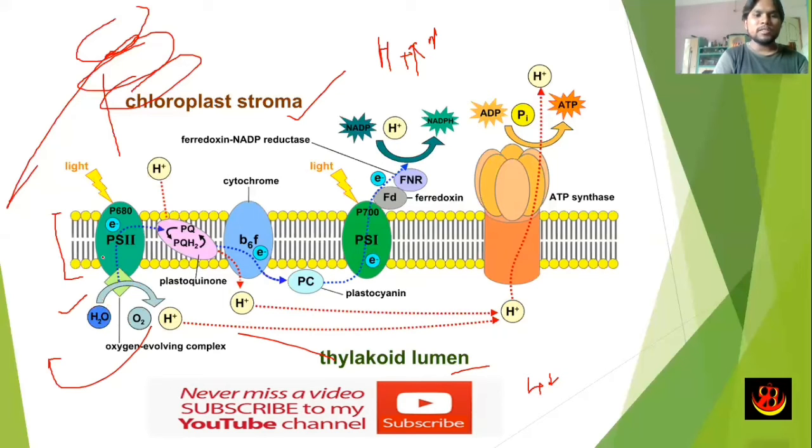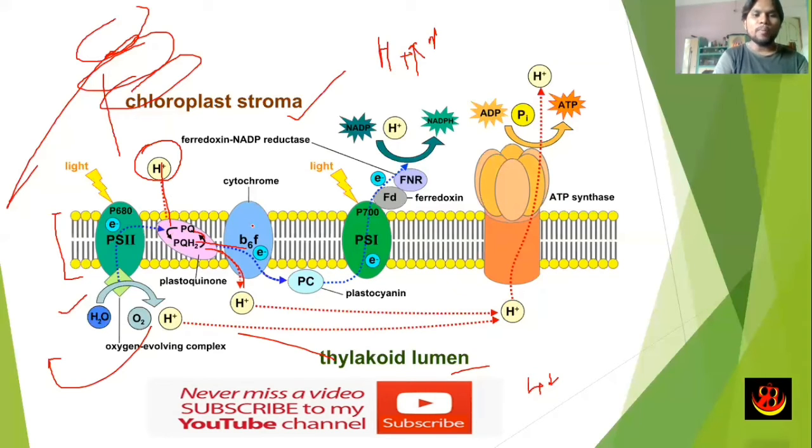Now the electron is passing to photosystem 2. Photosystem 2 is excited and gives the electron to plastoquinone. See, this is one proton. They will take one proton and become reduced. And after reducing, it will release the proton to the lumen, and pass the electron to the cytochrome b6f, and it becomes oxidized, so it can continue the process again.